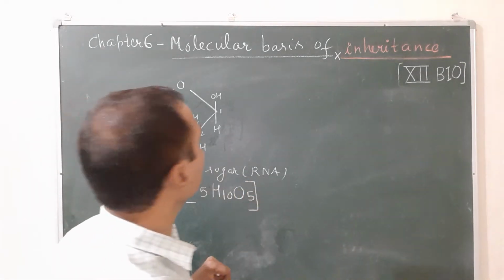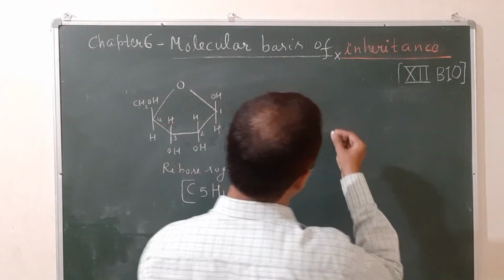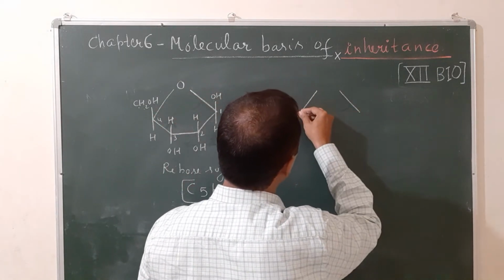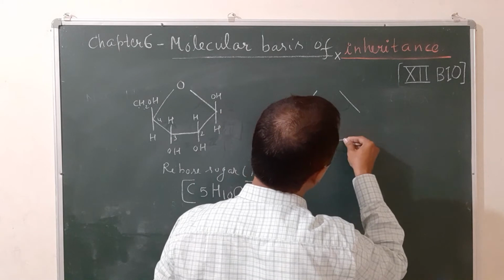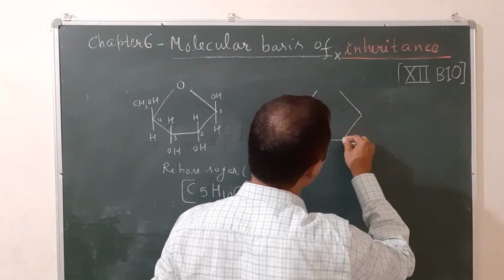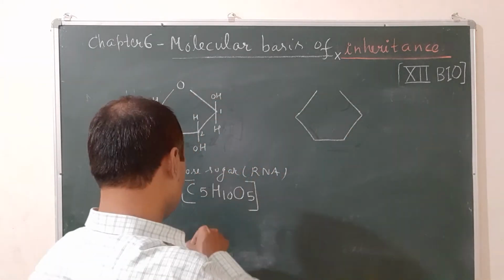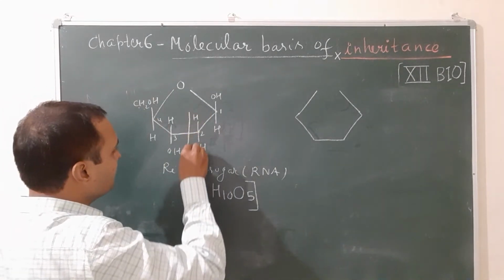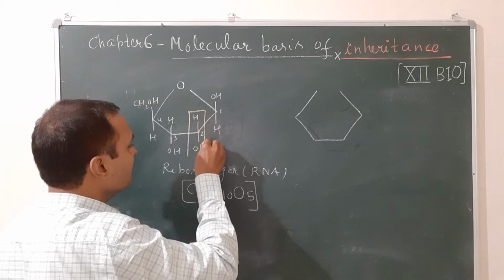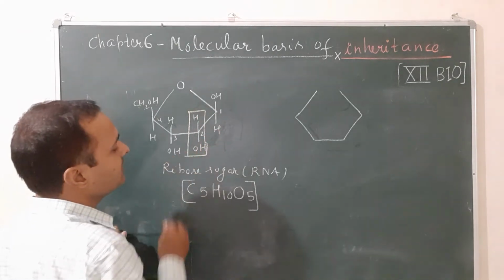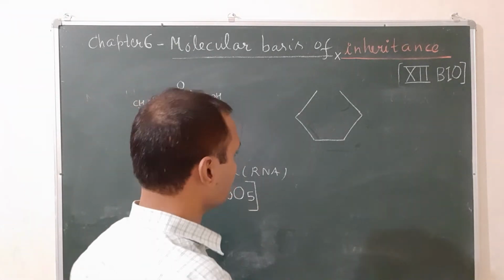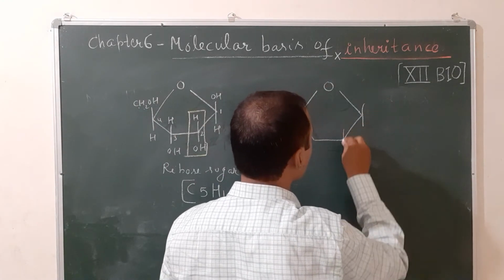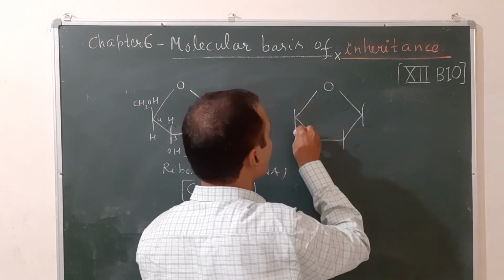Now let us see the second type of sugar, deoxyribose sugar. Again you draw the pentagonal structure. All the structures are the same, only different at carbon number 2, where it is deficient in 1 oxygen. When we compare these two sugars, we differentiate them at the second position. Here there is oxygen. Again, there will be a straight line along each carbon atom.